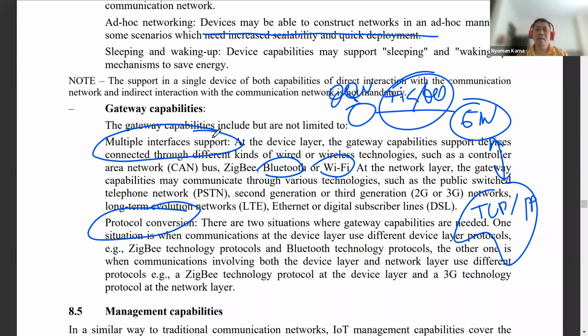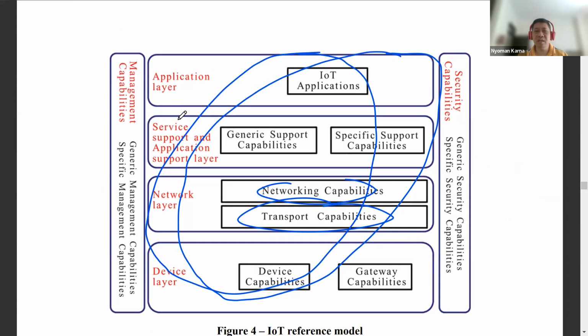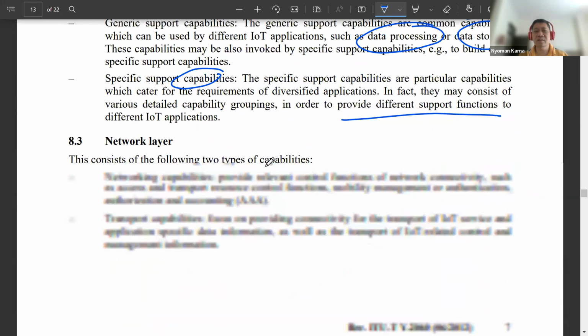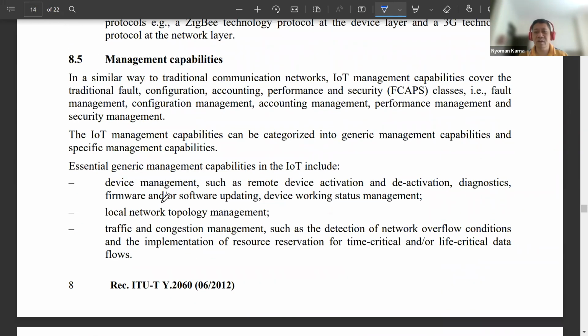Okay. Now, we've discussed the application layer, service support layer, and also network and device layer. We also have the management capabilities and security capabilities. The first one is the device management.